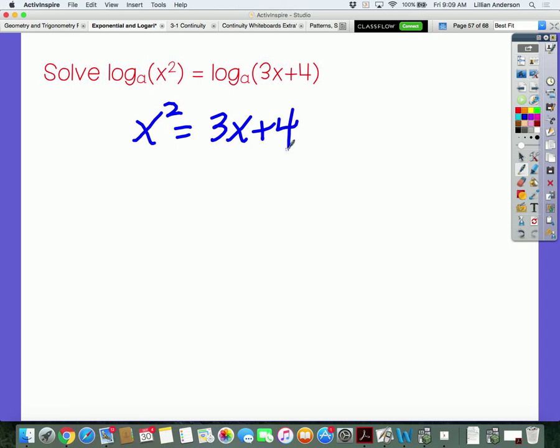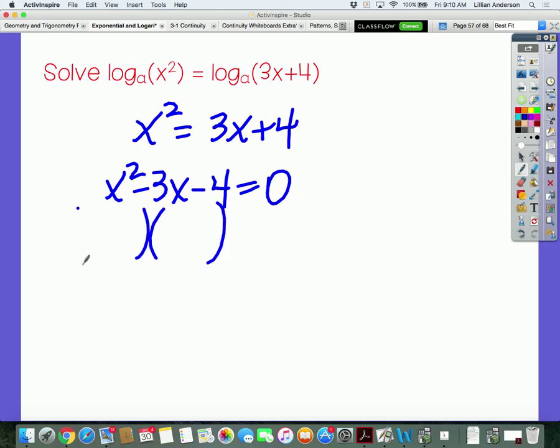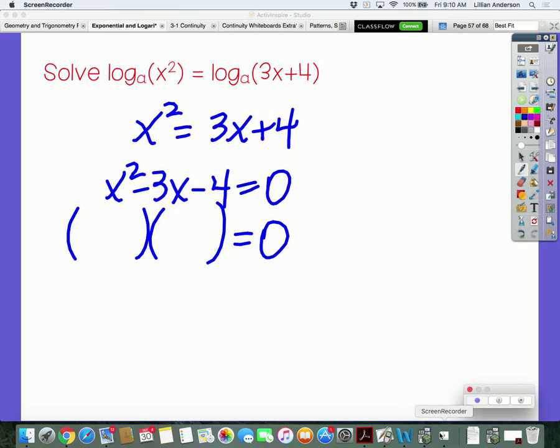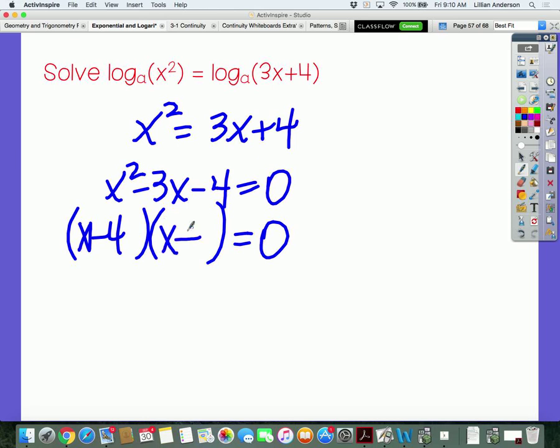Which side, left or right? I personally like to keep your x squared positive, so that way when you factor, you have no issues. How's this factor? So we've set both factors equal to 0 and x equals 4 and negative 1. My only issue is that when you're solving logarithmic equations, remember you cannot take the log